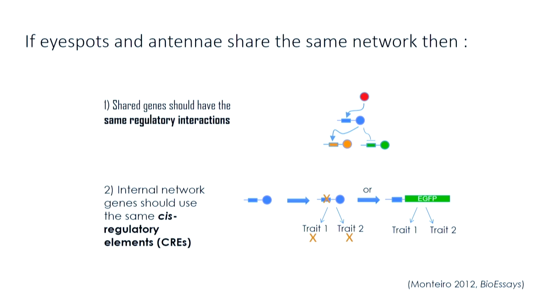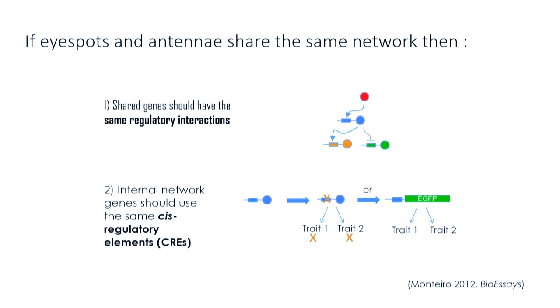So if we have a shared network between eyespots and antenna, we expect to see the same type of regulatory interactions between the genes. So some genes being upstream, others in the middle, others downstream. In addition, if eyespots and antenna share the same network, then genes that are in the middle of the network,